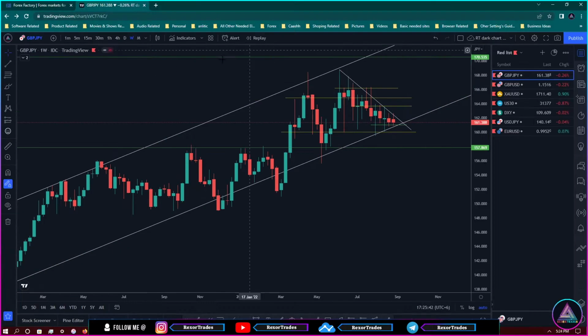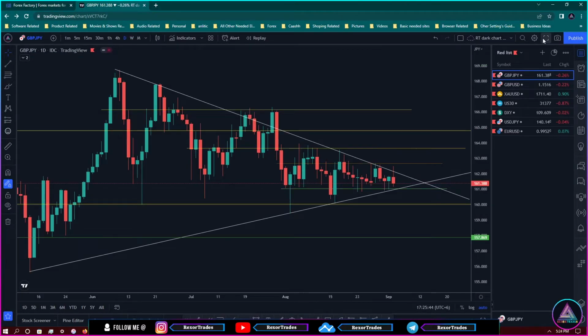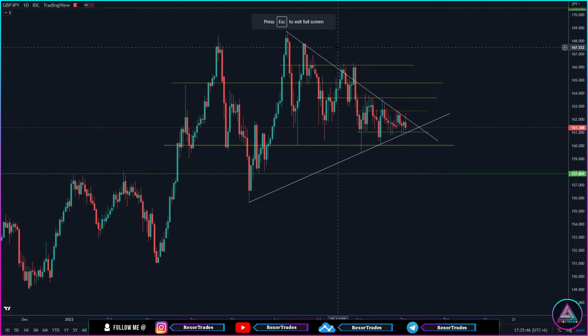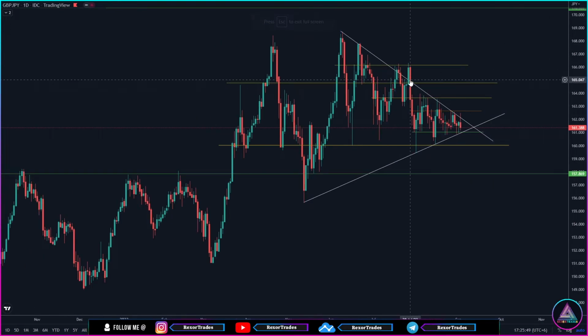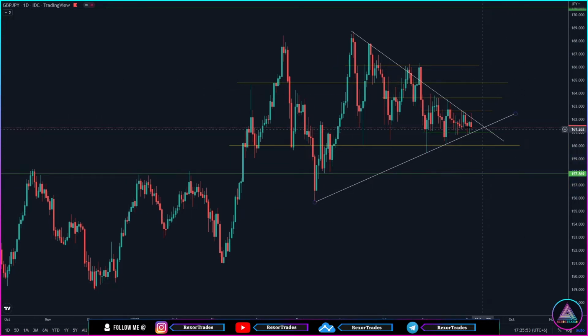Now if you go to this daily time frame, then you can see this downtrend line over here, and also you can see another uptrend line right over here. So GBPJPY is moving in respect to this downtrend line and also moving in respect to this uptrend line over here as well, shrinking the price in between these two trend lines, while also facing support over here and resistance